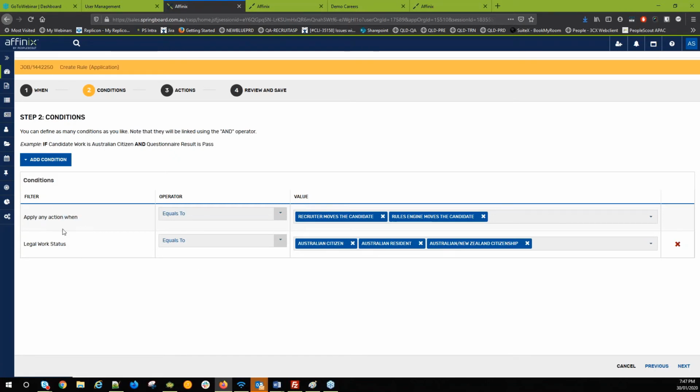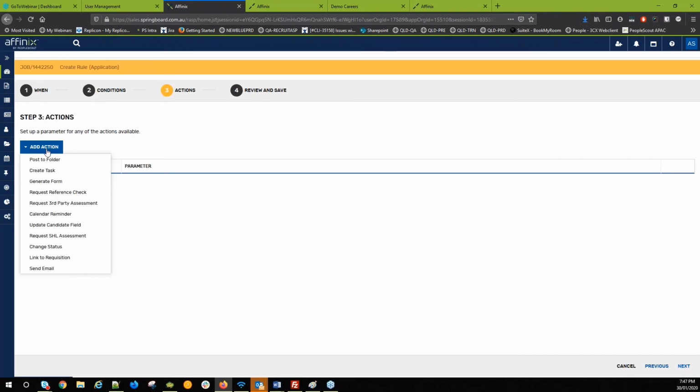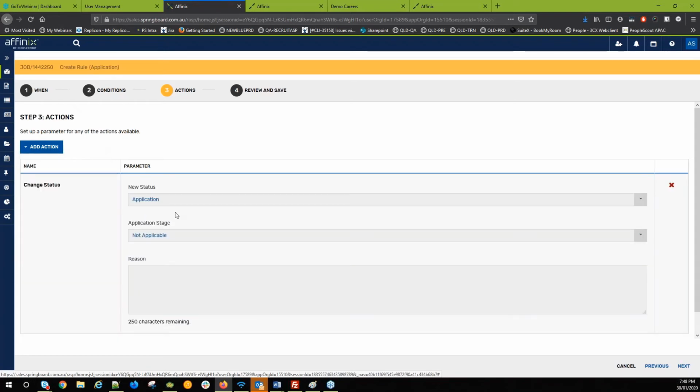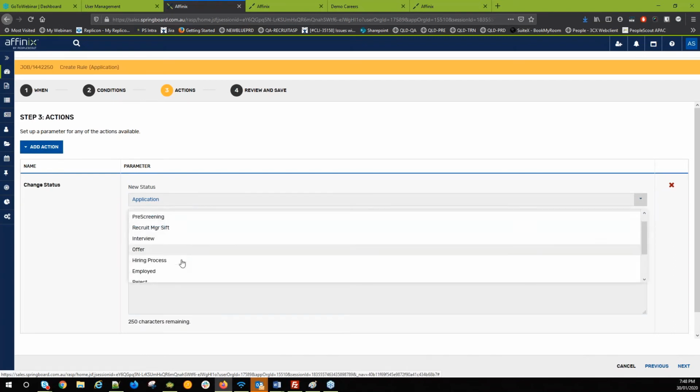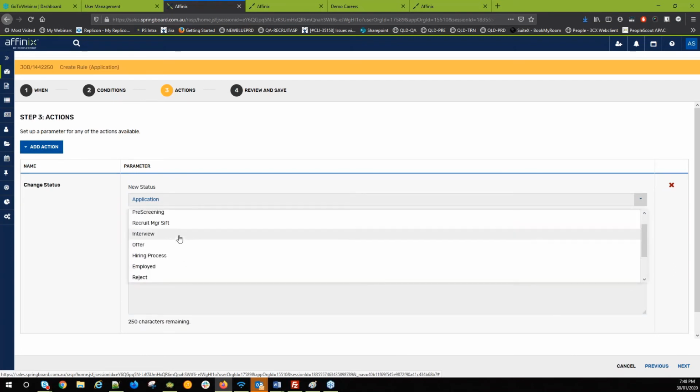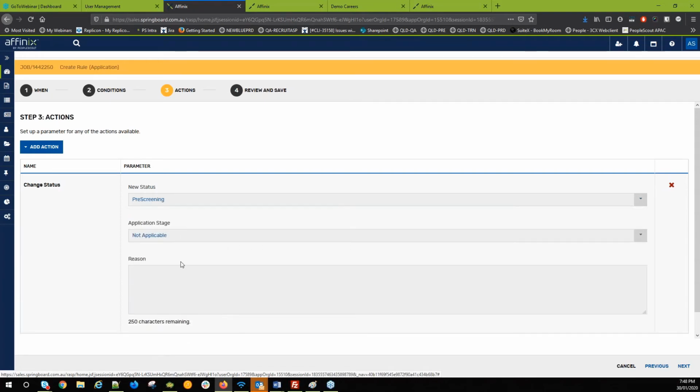Once you have figured out the conditions for your rule, the final step is to decide what action it needs to trigger. In this case, we're going to change status. You've got different actions in the drop-down list. If you wish to send an email out, you can select send email. If you want to change the status, which is what we're going to do, it means we're going to move it to a different step. You're going to move it to pre-screening, say rule executed,